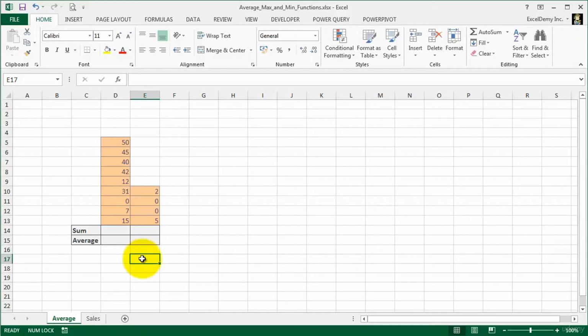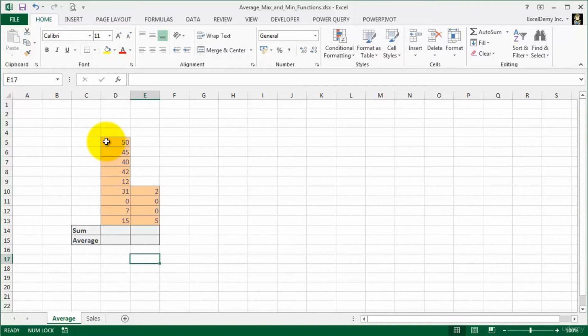Look at this worksheet. You see there are 1, 2, 3, 4, 5, 6, 7, 8, 9. Total 9 numbers are here. To calculate the average of these numbers, at first you have to find the sum of these numbers. Then you will divide the sum by the total numbers. Total number is 9 in this case, remember it.